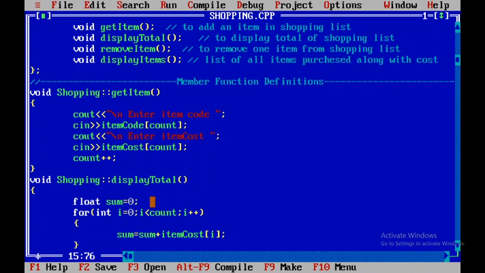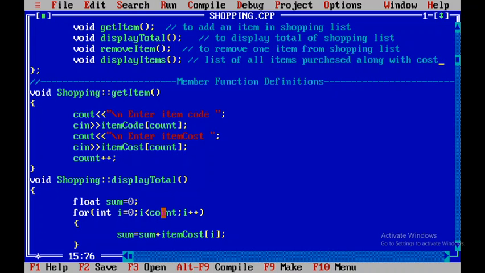So after adding n number of items, that count will be available in the count data member. So that count we will use as the limit for our for loop. If we are adding, suppose, 5 items in our shopping list, count value will be 5.